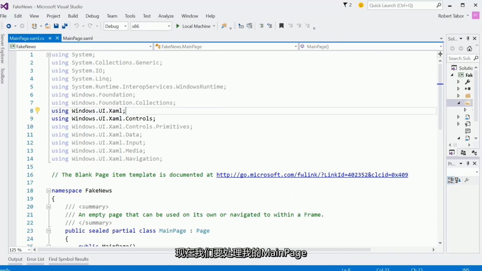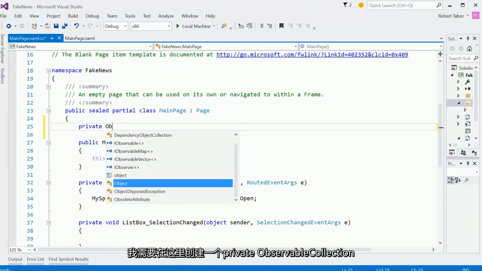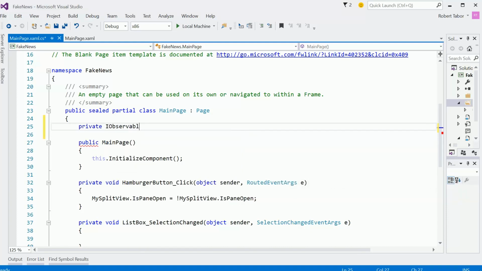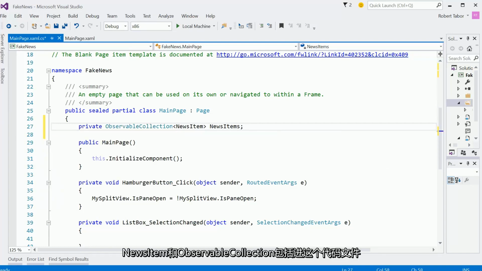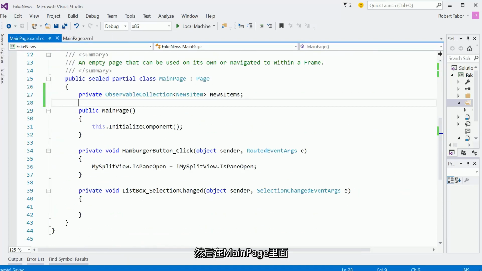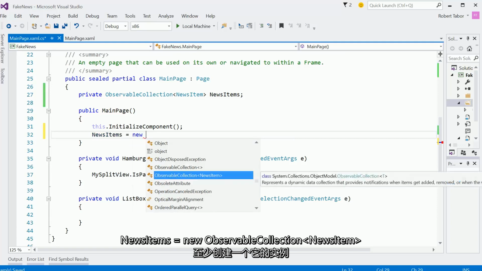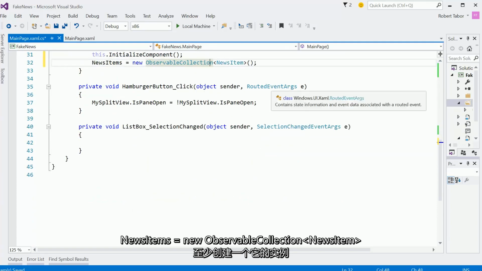Now what I want to do is in my main page, I'm going to need to go here, and I want to do a private observable collection of news item called news items. All right, let's make sure I spelled that right. Now I want to add using statements to get both my news item and the observable collection into this code file. And then in the main page, in the constructor for the page, what I'll do is populate it. Go news items equals new observable collection of news item. At least I'll create a new instance of it rather. And then